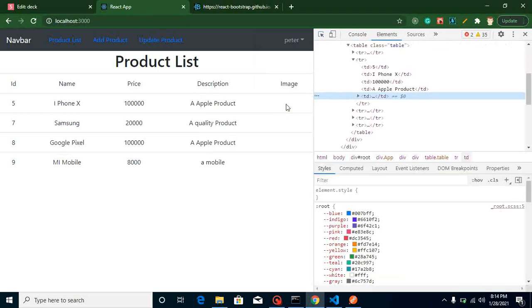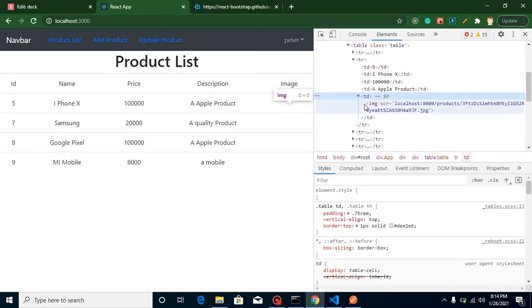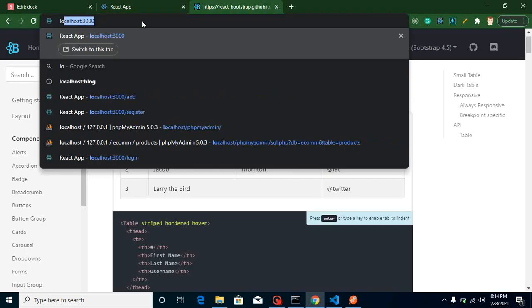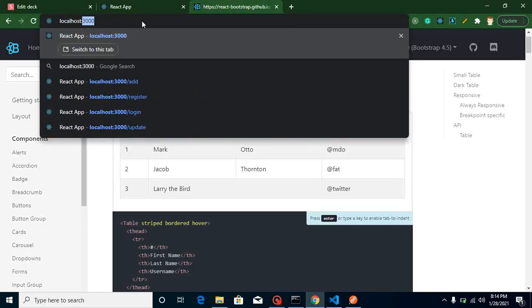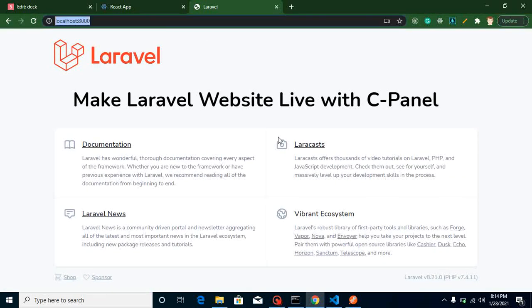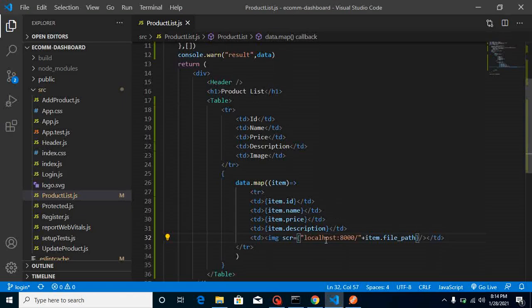We are getting nothing here. We need to check it again. Yeah, actually I just need to put here localhost 8080, right? Let's replace it with it, because in this text we have http and all also, right? Like this, localhost and all.